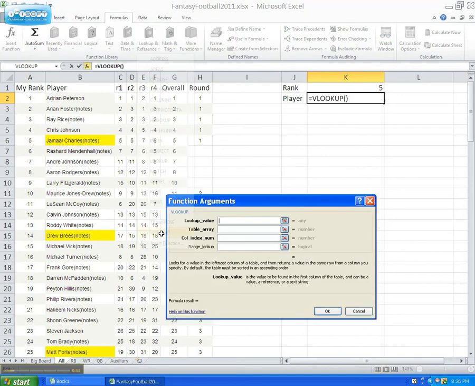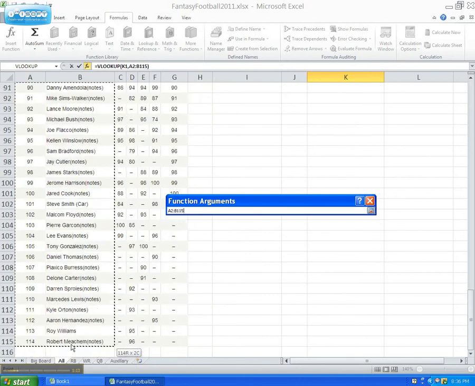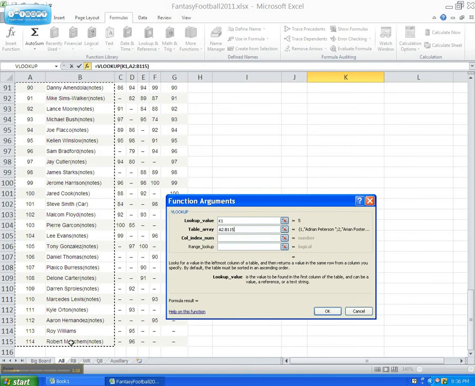Select the VLOOKUP. The lookup value is what value I'm going to be looking for. It's pretty straightforward. Here I'm going to be looking for this rank value, so I'll select that, K1. My table array is the area that I'm going to be looking in. Basically, in this instance, it's going to be here in A2 all the way down to the bottom, which is A115 or B115. Okay, and then the column index number, that says which column from my table array do I want to put into